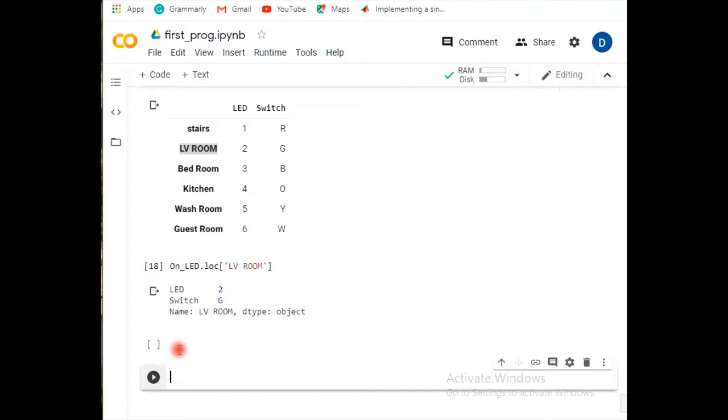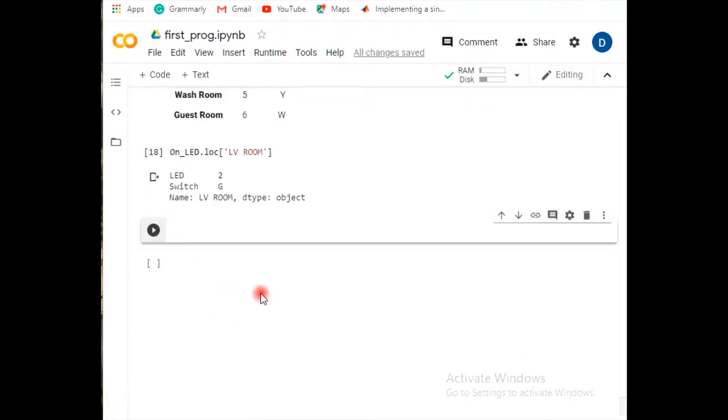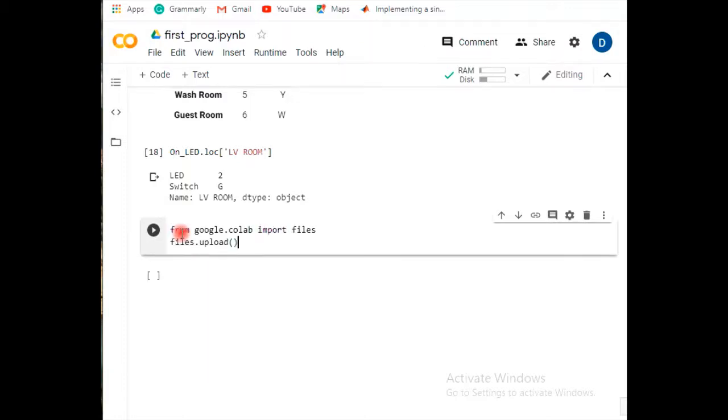Let's begin this one. Specifically when you are working on the Google Colab platform, let's take care. When you're working on Google Colab, there is a requirement to import any file. Google facilitates this Colab platform, and you can easily go for from google.colab, just remember this, google.colab import files. Now it facilitates any file, stored anywhere in your computer or wherever the location is, to upload your file.